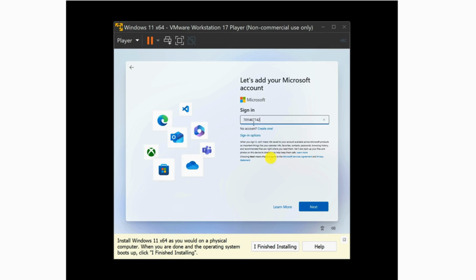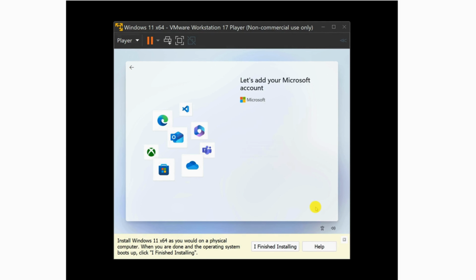Then click on the Next button. Now enter your password and then click on the Sign In button.